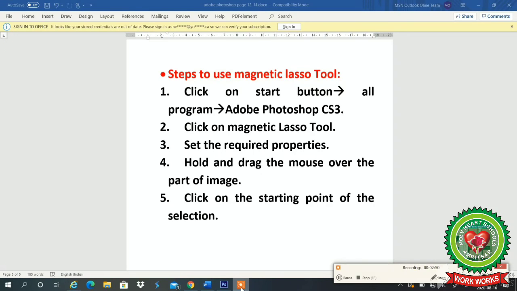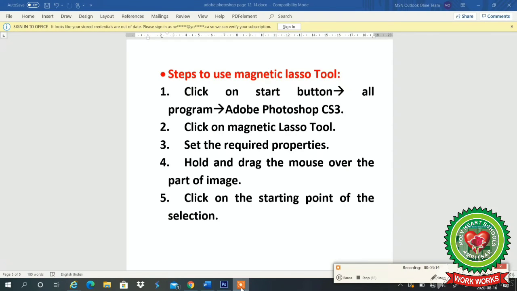Which properties? Width, edge contrast and frequency. Hold and drag the mouse over the part of the image. Which part? Which I want to select. Click on the starting point of the selection. Means when you want to complete your selection, come to the starting point and click on it to complete your selection.